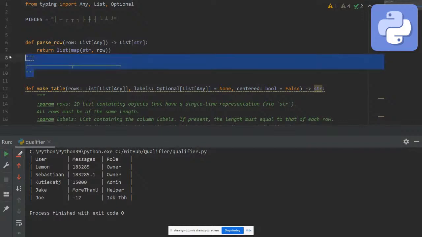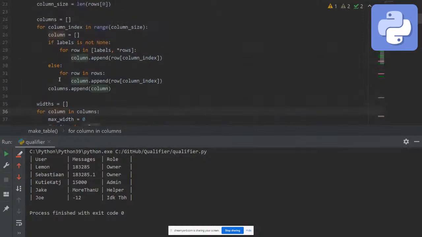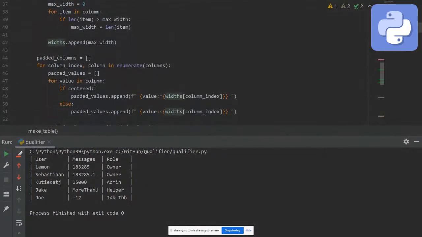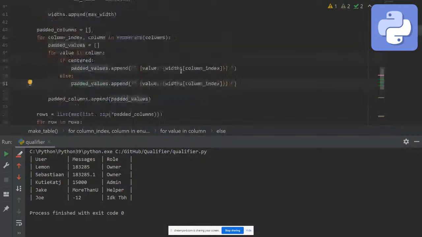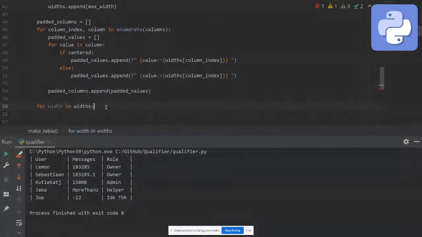So to get started here, let's first jump back into when we were doing the column width and when we were converting columns back into rows. What I'm going to want to do here is add the separation based on the column width, which means I have to once again go through each of the column widths, and let's just define our